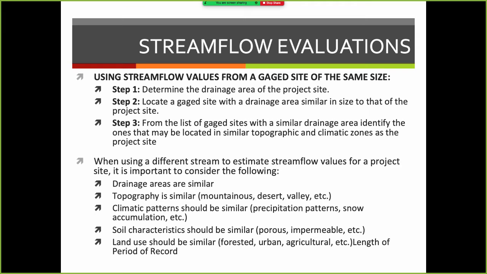So continuing to use the nearby same size, find the drainage area of the project site, and locate a gauge site similar in size. From the list of gauge sites with similar drainage area, identify the ones that have similar topography and climatic zones to the project site, and then just go ahead and make the transposition. There are some important considerations, and those are that the drainage areas are indeed